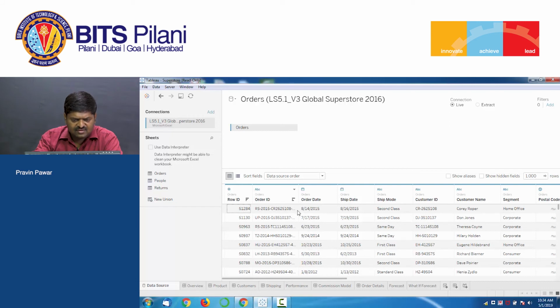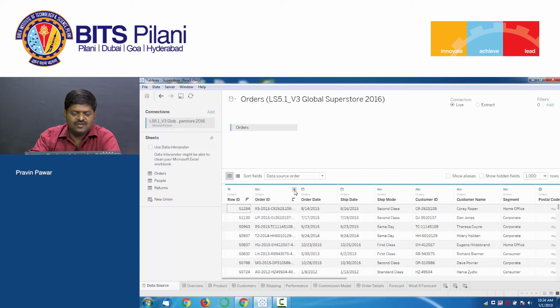Another thing that you can do here, maybe we can see. This order ID is kind of an intelligent key. A lot of things are concatenated together and this order ID is created. So you are seeing RS dash some number dash some alphanumeric things coming up. The first part is the distribution center. Now maybe in certain analysis it will be helpful for me to use that particular distribution center as one of my dimensions, but I need some way by which I can extract it out from the existing